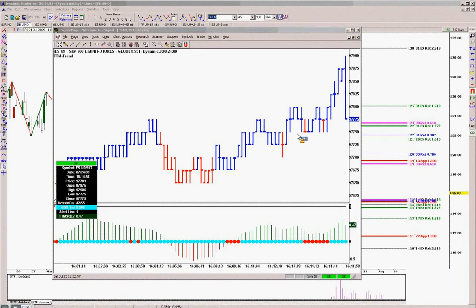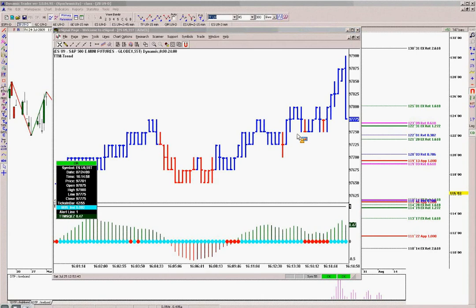Okay, here's a question. Do I ever use a failed fib setup as a setup the other way? I don't. I set it up on the flip side after it fails. So instead of saying, well, if it breaks this, and some of the traders in the room do that, and that's fine, I don't ever want to give away the edge. So what I prefer to do is, if, let's say, a buy setup is violated, and the market gives me the opportunity to set up the sell side on the same chart, I will set up the sell side, but not take the break of the other setup as a setup.